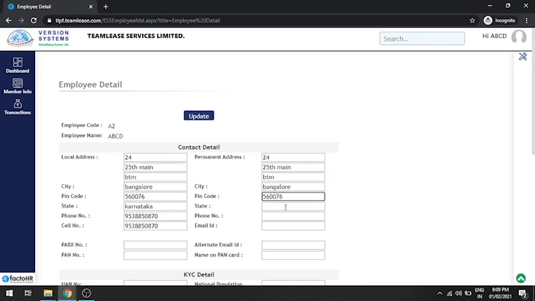Please ensure you're entering your correct phone number. Once you have entered your email ID, this email ID can be used for password reset purpose. OTP will be sent to your mail ID which is registered here.